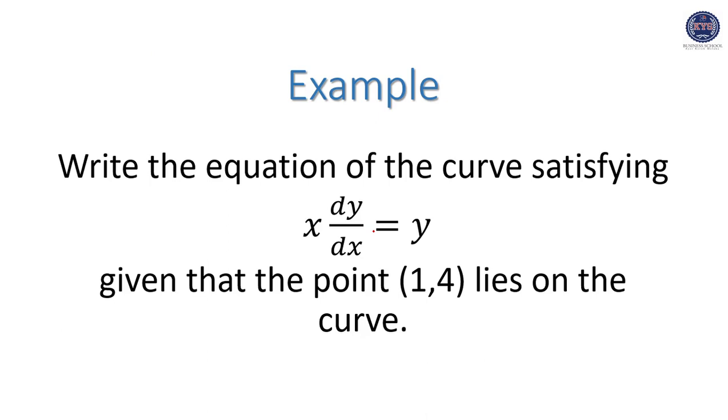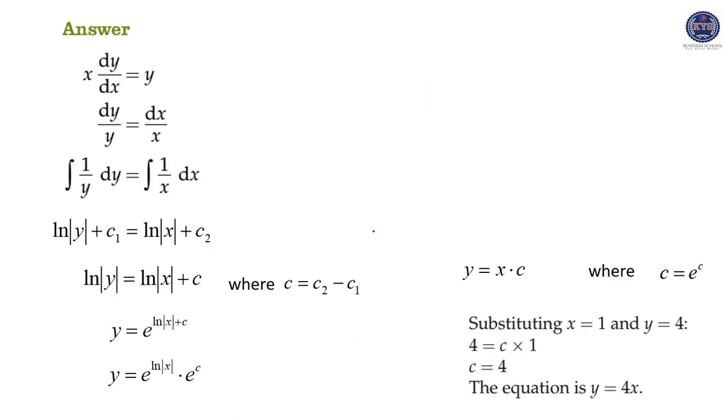So let's focus on the next example, another level of the question, which is: write the equation of the curve satisfying x dy over dx equal to y, given that the point (1, 4) lies on the curve. Alright, so remember in the previous video we have two methods in order to solve, especially when we have a reciprocal function like this. This we call a